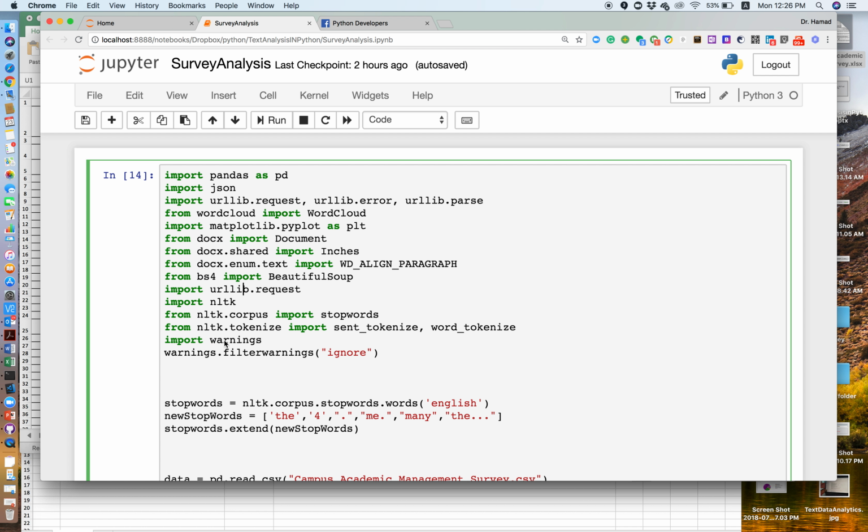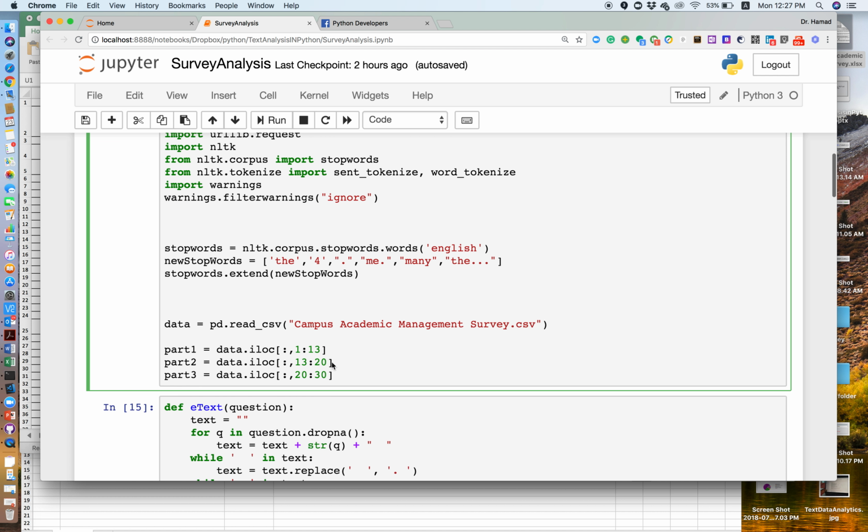And then I'm just setting the warnings to be ignored, so I don't get lots of warnings on the screen, which I know why they appear. When I did the analysis, I noticed that a few stopwords were not in the original stopwords. I extended them by adding my own list here. You can expand this one, add any word that you want to ignore from your analysis, and then you can add a comma and continue. Then you extend it, it becomes part of your stopwords, so they will be ignored from